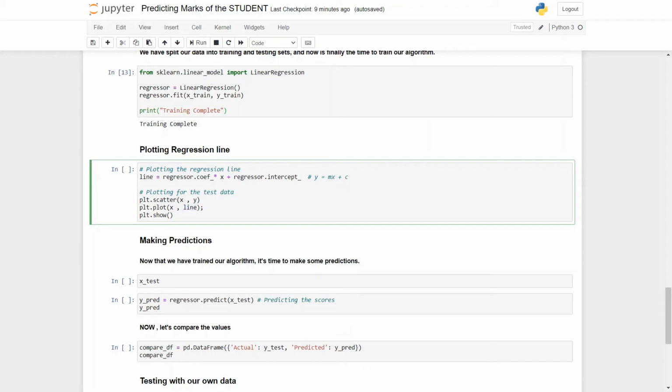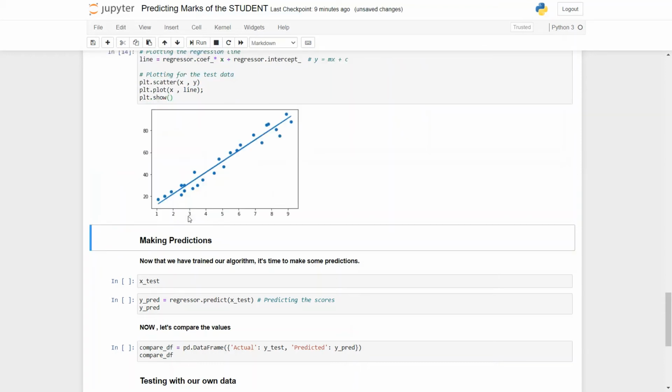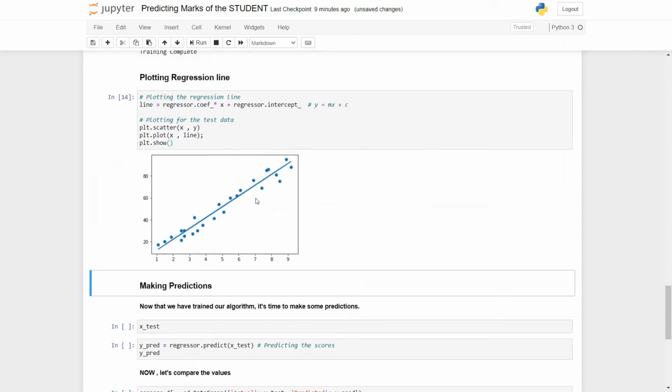And we also use a semicolon, and then to show the final plot of the scattered points and the formation of the line, we use .show. So now let's run the cell. You can see the regression line, or the line of best fit, among the scattered points which I plotted.